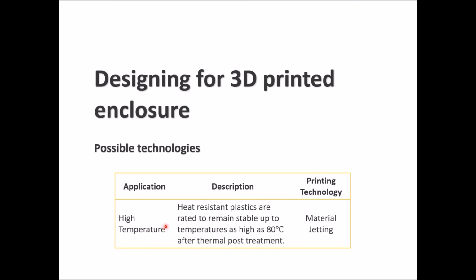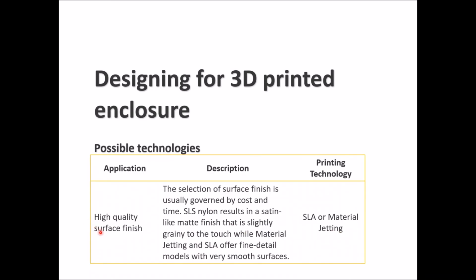For high temperature, high resistance plastics are rated to remain stable up to temperatures as high as 80 degrees Celsius after thermal post-treatment. So in this case you can use material jetting. For high quality surface finish, it's governed by the cost and time, so you can use SLS. Nylon will give you a satin-like matte finish that is grainy to touch, but the material jetting and SLA offer fine detailed models with very smooth surfaces,